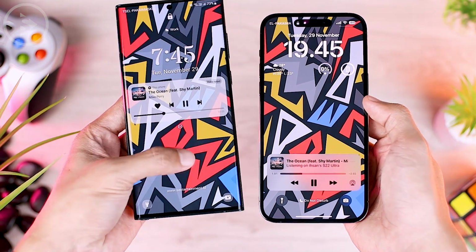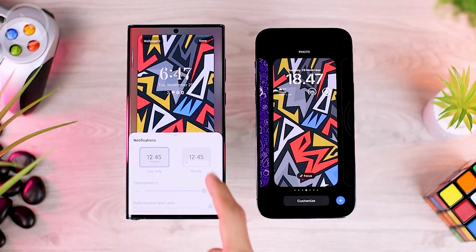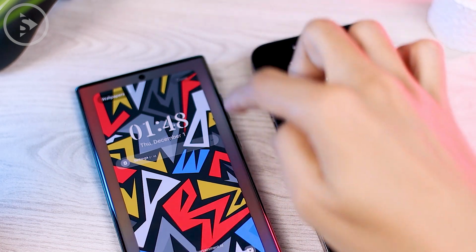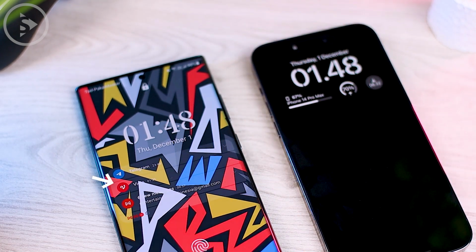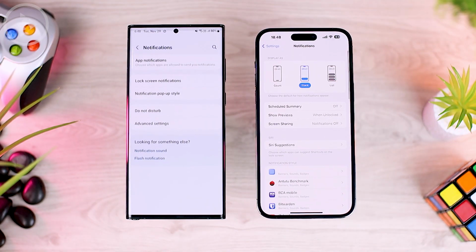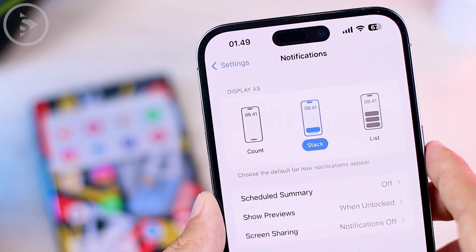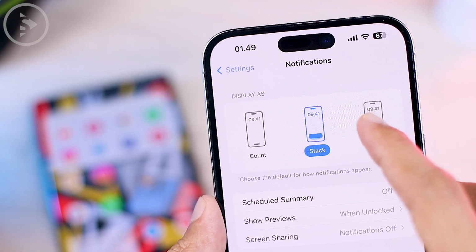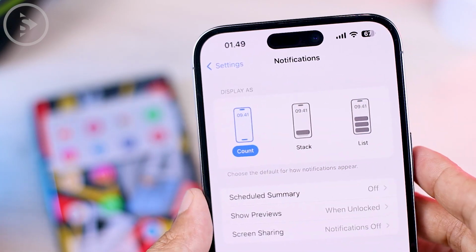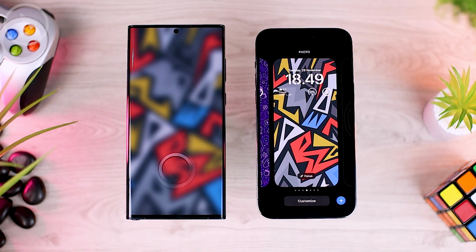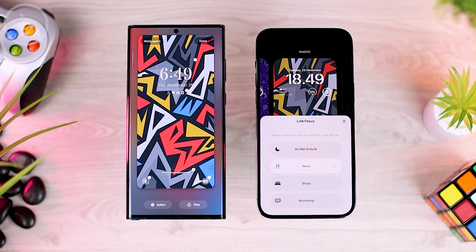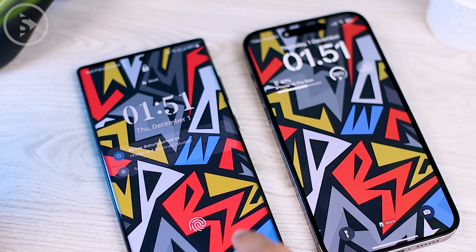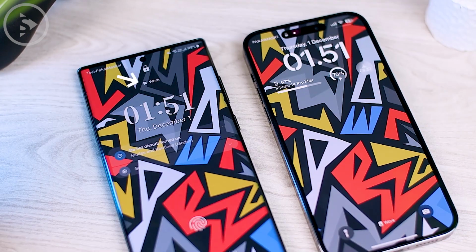Then the appearance of the now playing music and also the notification don't change much on the lock screen of Samsung One UI 5. Here you can see that the change is only the icon is slightly bigger, while in iOS 16, the notification display comes with new notification options. There is tag, list, and count view. In addition, the focus mode feature that syncs with the wallpaper on the lock screen is only available in iOS 16 so far. On One UI 5.0, you can only display the active modes on the lock screen without being able to sync to the active wallpaper.